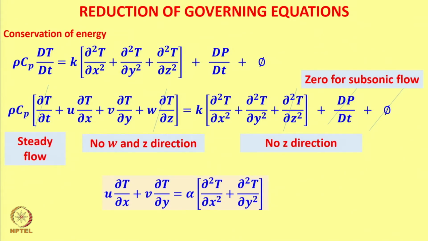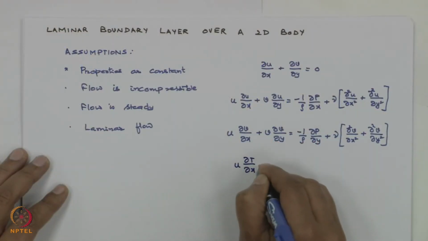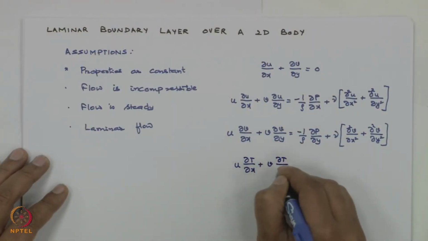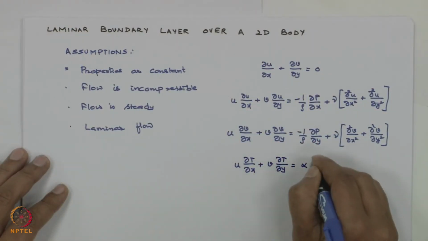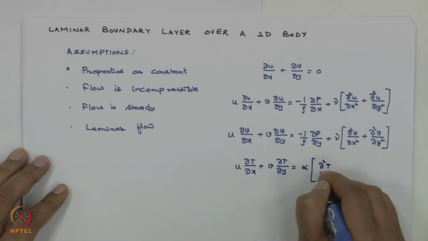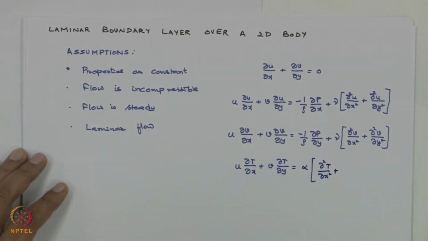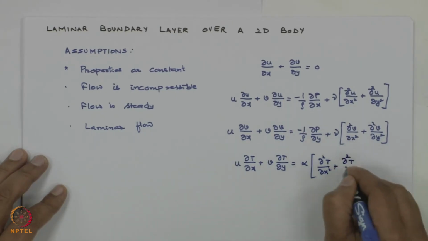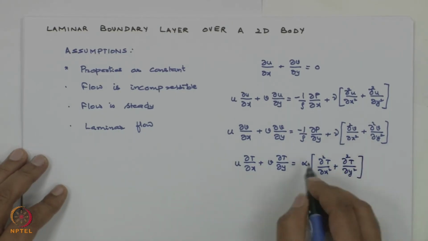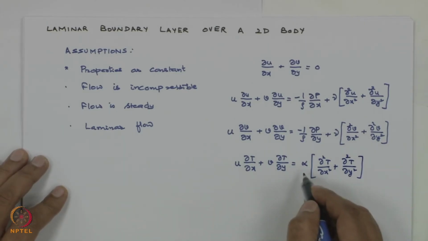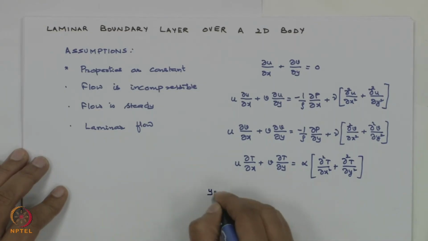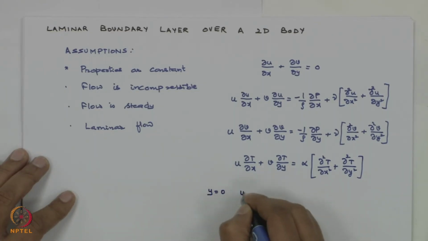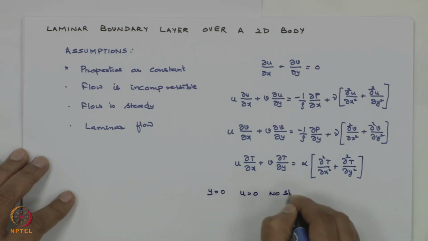So, the energy equation reduces to U del T by del x plus V del T by del y equal to alpha times del squared T by del x squared plus del squared T by del y squared. Please notice I have divided K by rho Cp and written that as alpha. Now, what are the boundary conditions I have? At y equal to 0, u equal to 0 which we call no slip, and v equal to 0 which we call impermeability,